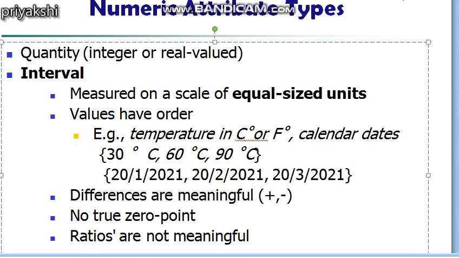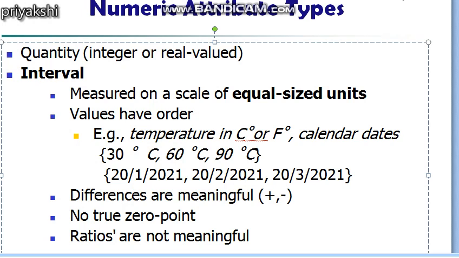So in today's class we are going to see the numerical attribute types. The two attribute types which are numerical are known as interval and ratio scale variables. The interval and ratio scale variables are known either as numeric attributes or as quantitative attributes. Here we can assign an integer or any real value to the value of the attribute.